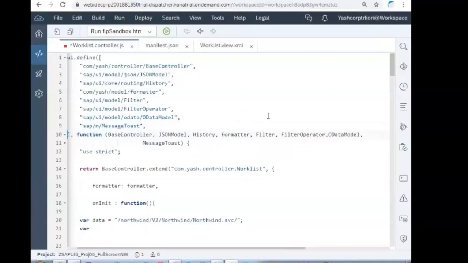In the worklist template, filter is there, JSON model is there, filter operator is there, OData model is there, message toast. I'm writing now. You can observe that in the application template we wrote all these: JSON model, filter operator, filter.